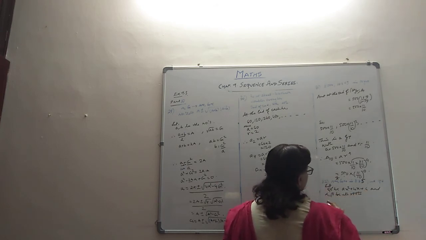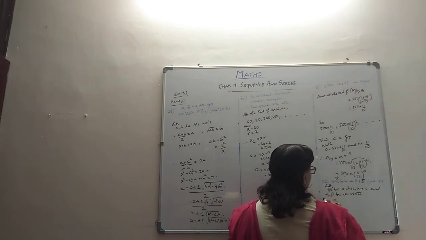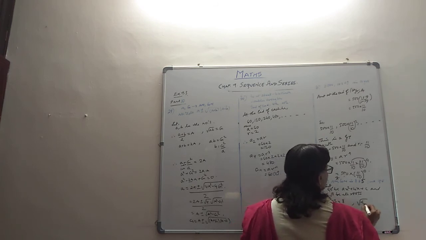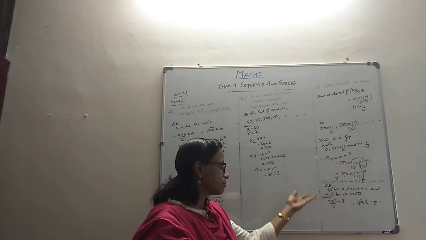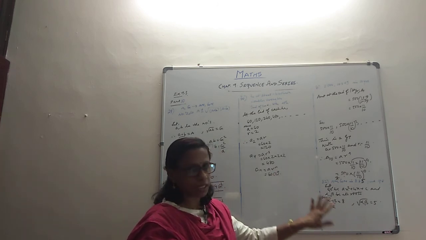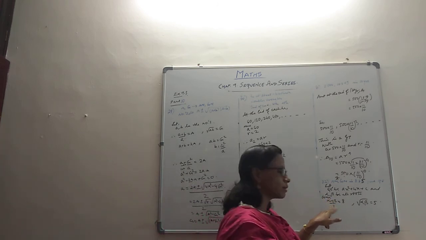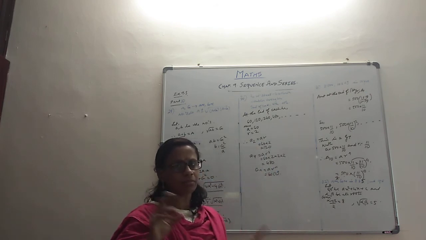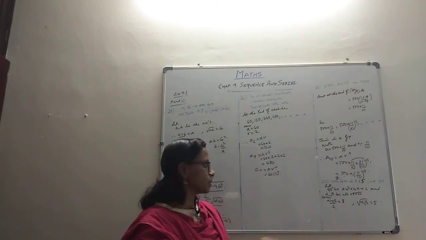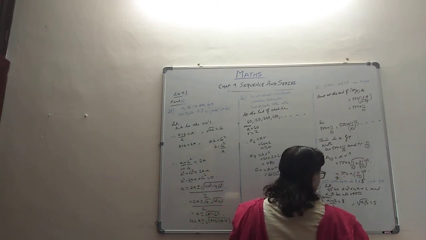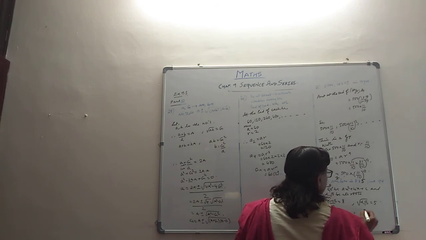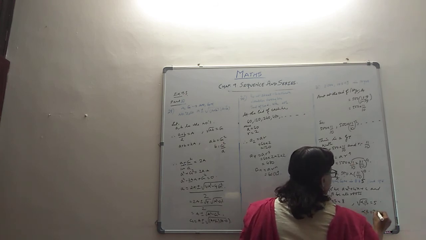So, what they say is that the arithmetic mean of the roots is 8 and the geometric mean is 5. This is given. If the roots are alpha and beta, the arithmetic mean is 8 and the geometric mean is 5. We always know, if a and b are the numbers, the arithmetic mean is a plus b by 2 and geometric mean is root ab. So, like that you have got these two things. Now, what you are going to do, it will be like writing alpha plus beta is 16 and, if we want to square it, it is like 25.